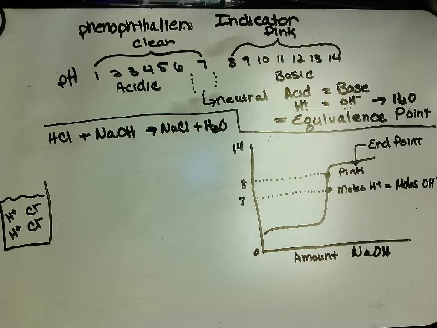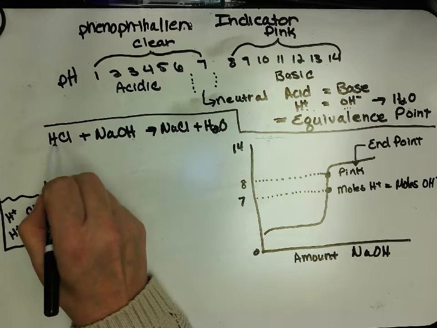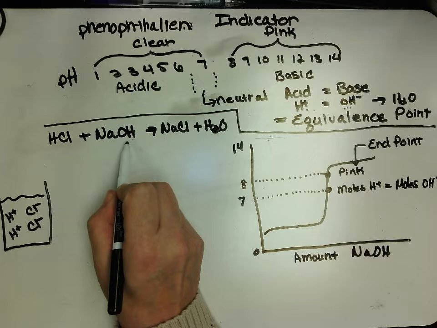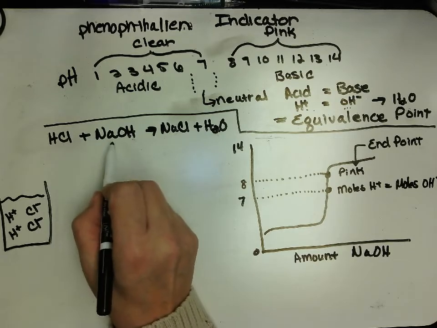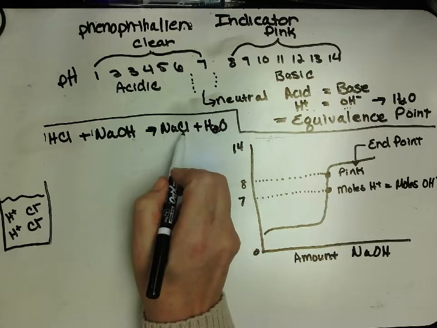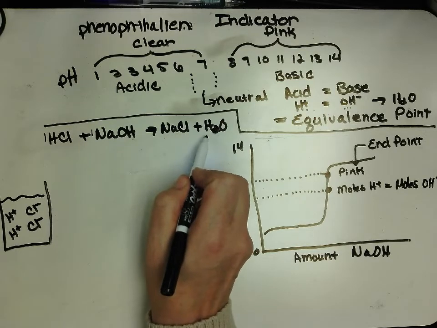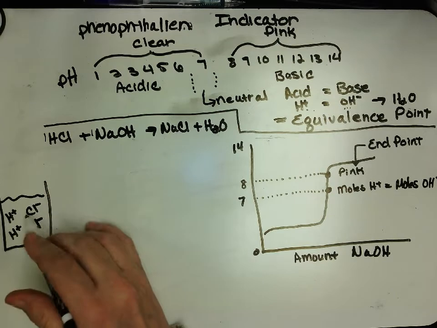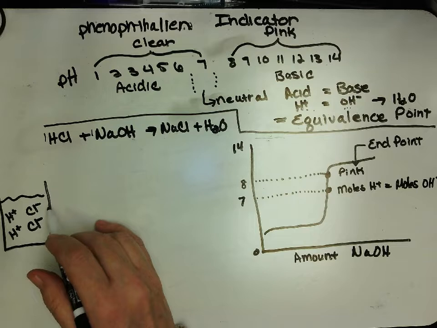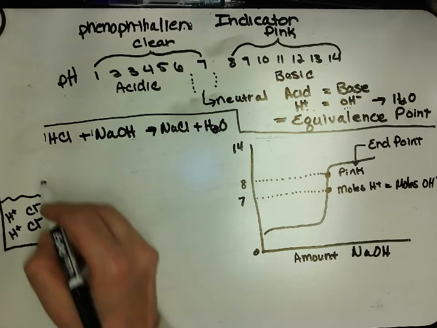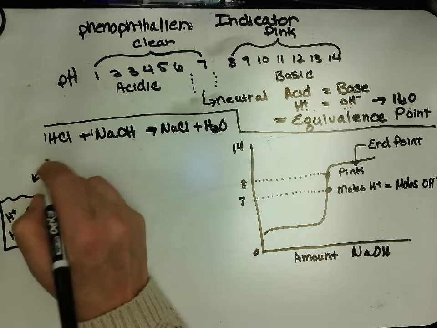Okay, so let's look at our simple equation here. We have hydrochloric acid reacting with sodium hydroxide, and when they react perfectly, which happens to be a 1-to-1 ratio, we have a saltwater solution, which is neutral. We have NaCl and H2O. So in my beaker here, I have hydrochloric acid. And if I don't add it perfectly, so here I have 2 HCl's, and let's just say I only put in 1